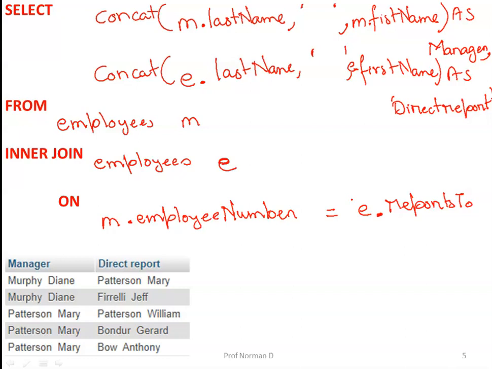If it does, then that means that employee reports to the other employee. So this particular query is an example of self join. Why is it a self join? Because we make use of the same table twice but with a different name.